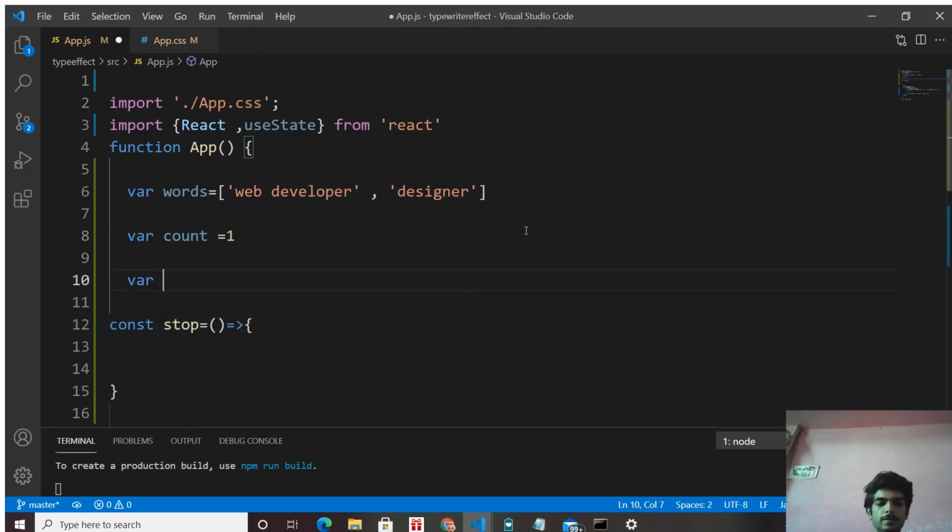Create another variable of word number, that is 0. Word number is a variable, that is our first word. Word number 0 means the first word, and count is the character position in our word.